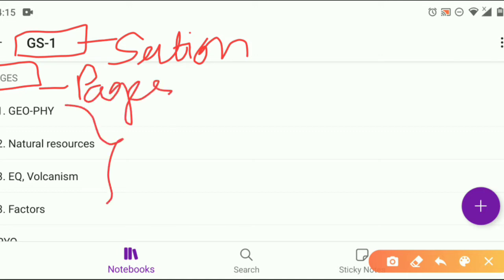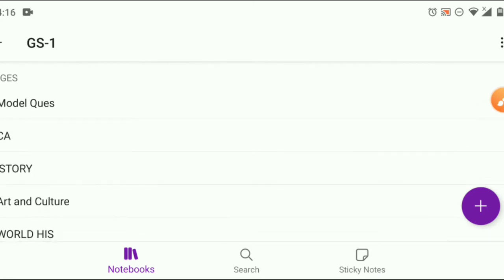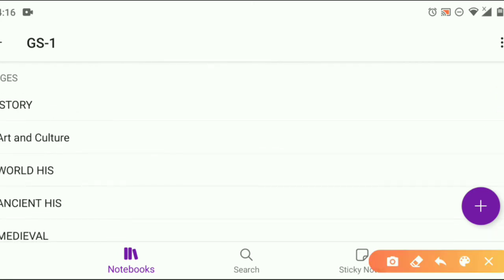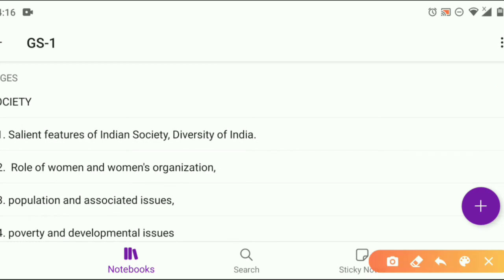For example, geography with physical features and natural resources, earthquake, volcanism, and factors of production, etc. And a few model questions, CA, and in history, I have created art and culture, world history, ancient history, and also medieval.